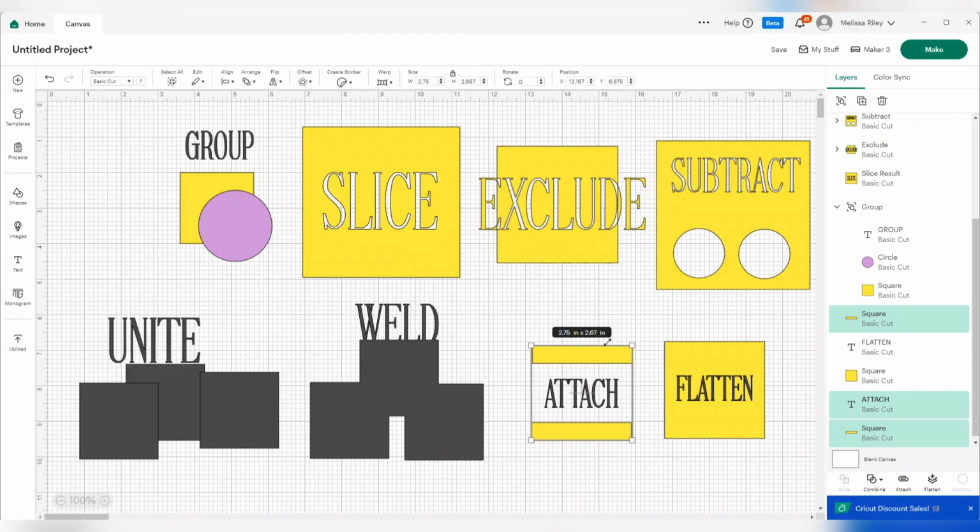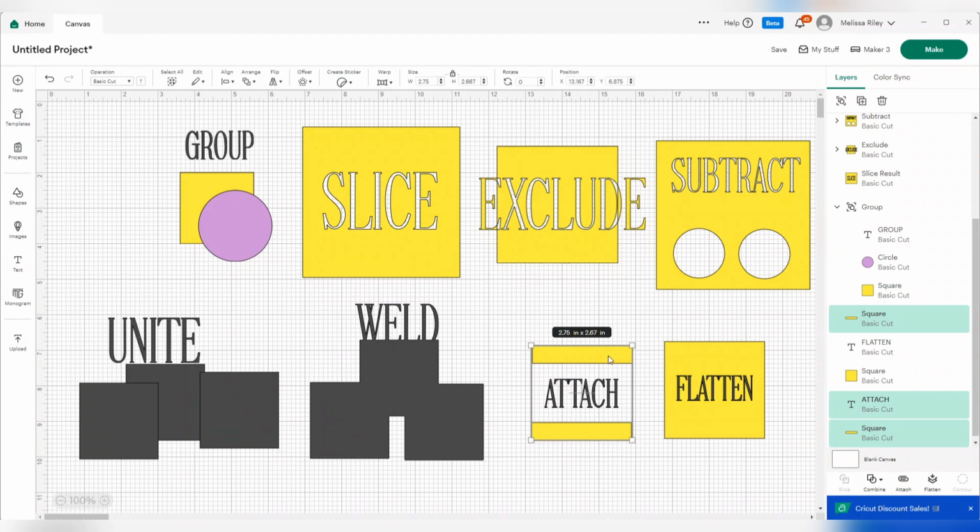So this will cut up top, there'll be a gap, the word attach will cut out, another little gap, and this. So therefore, when I'm weeding this, I can stick it on a mug or a book or a cup, whatever the case may be,